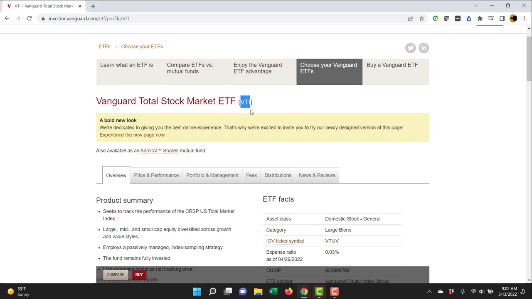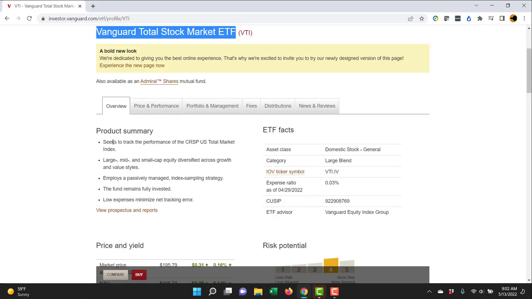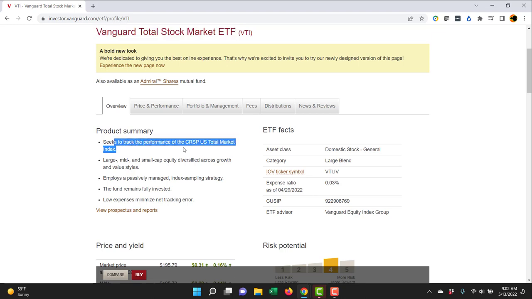So we see here that this is VTI. It's the Vanguard Total Stock Market ETF. And so it gives you an overview here. It seeks to track the performance of the CRSP US Total Market Index. What that means, it goes on to say, is large, mid, and small cap equity diversified across growth